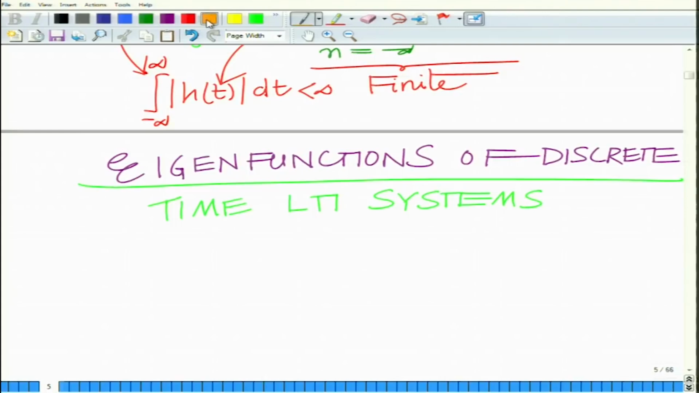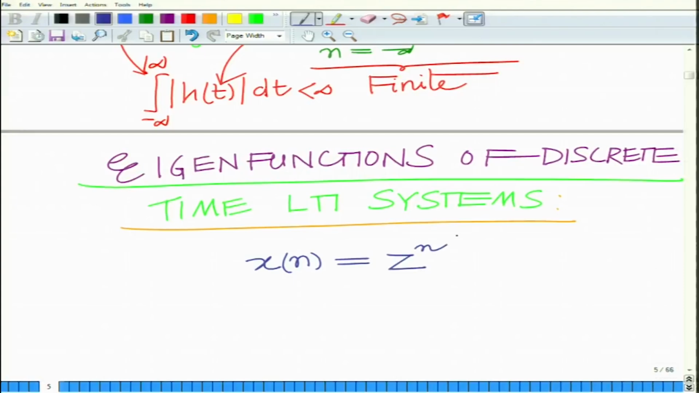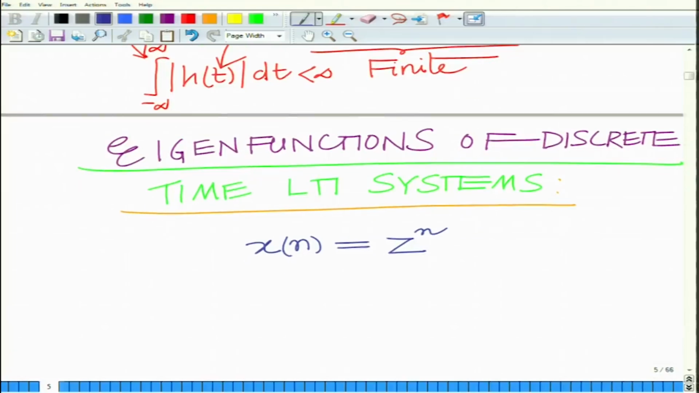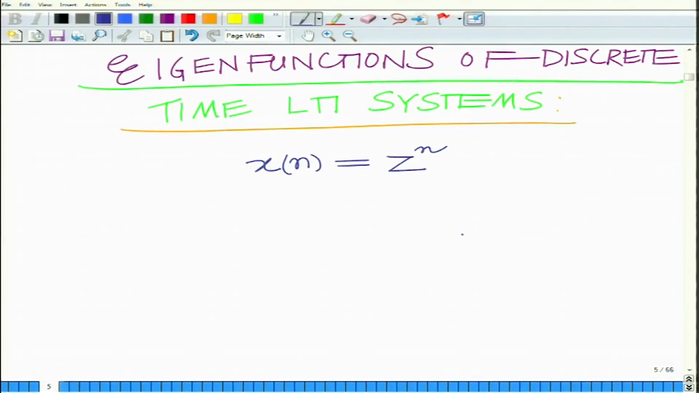Let us look at eigenfunctions of discrete time LTI systems. Consider the function x of n. Remember, e power lambda t was an eigenfunction of continuous time LTI systems. Let us consider x of n equal to z power n, then